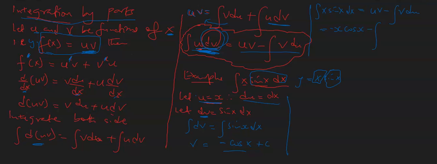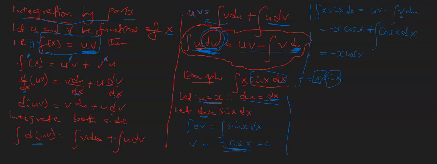Remember v is negative cos x, but since we have a negative here, and now our v is also negative cos x, this sign we can change to plus, cos x du. Remember, our du was dx, and therefore we get equals minus x cos x